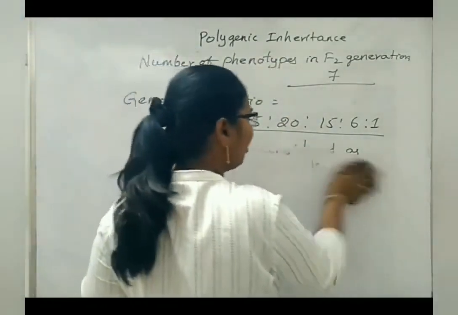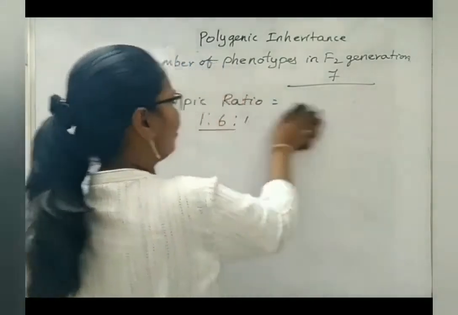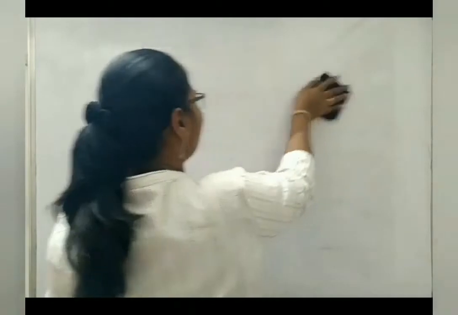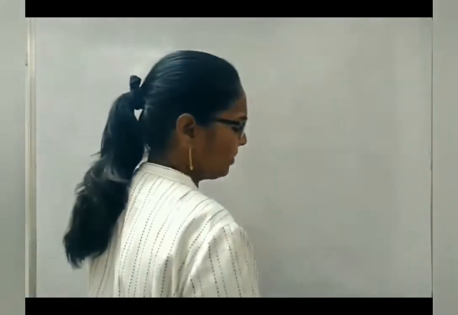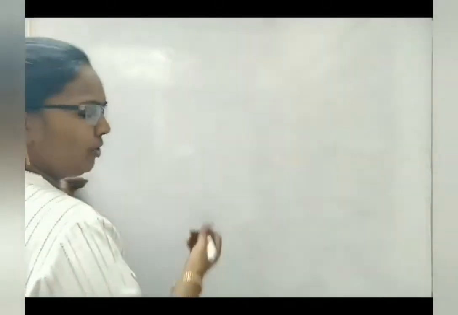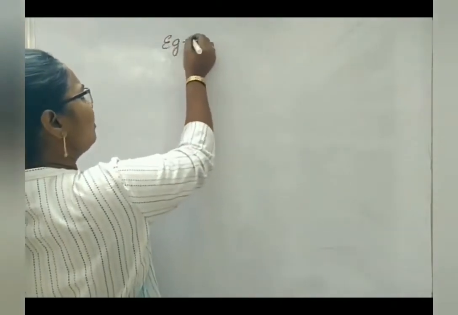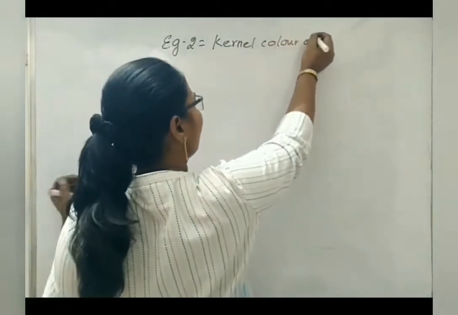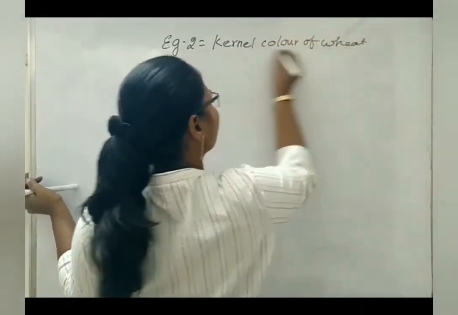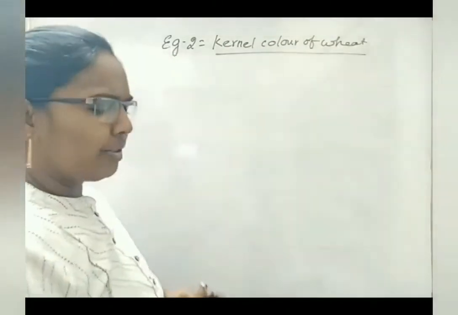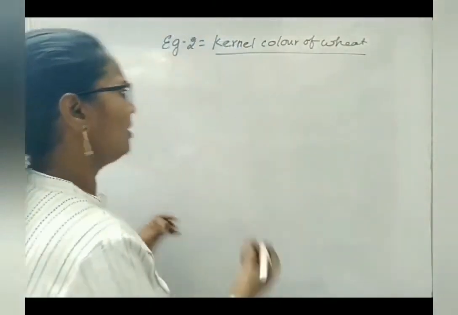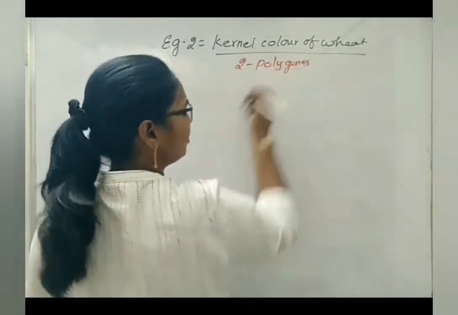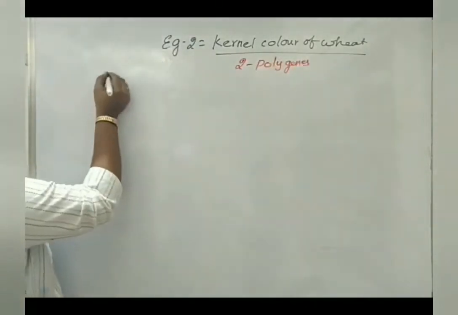Here, how many genes have we studied in human skin color? 3 types of genes. But in the case of kernel color of wheat, only 2 polygenes are involved. So example 2, kernel color of wheat. Here the number of genes involved is 2 polygenes. So if you take the parents,